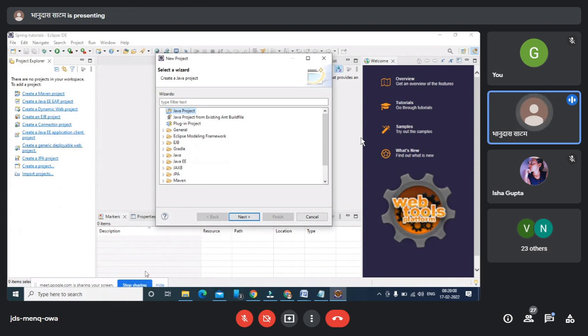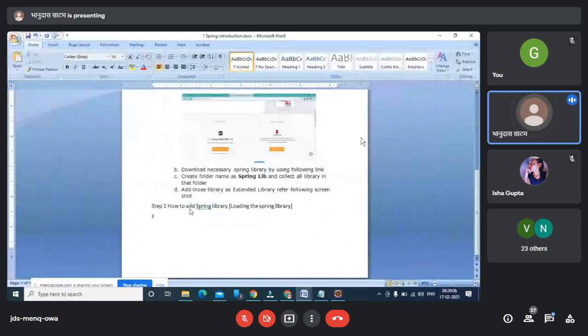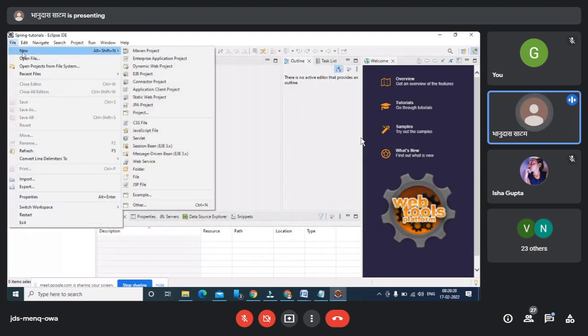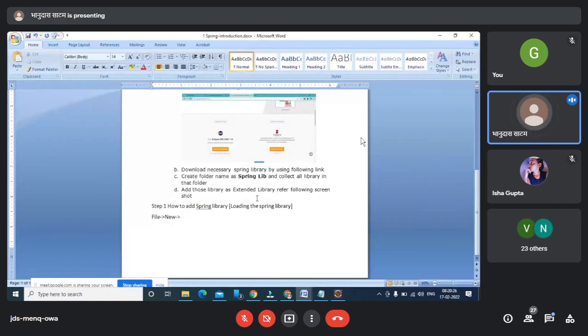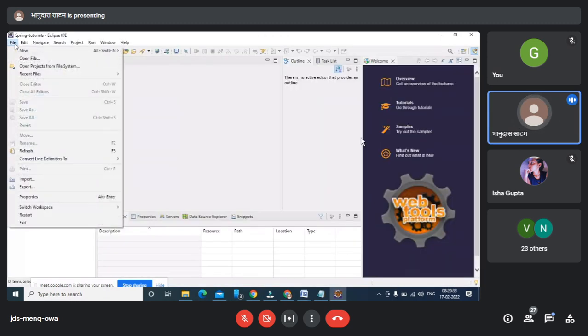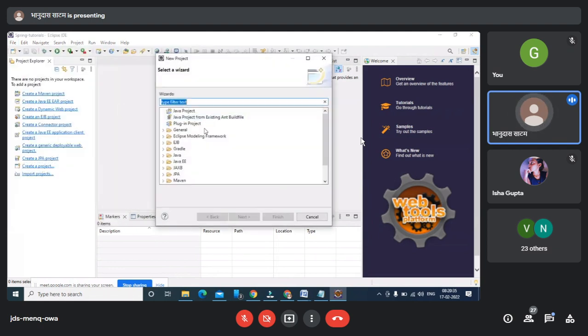I'm using the wizard here. You can choose File, New, and from that New you create the new project. Again I'm repeating: from File New there is a new project option.